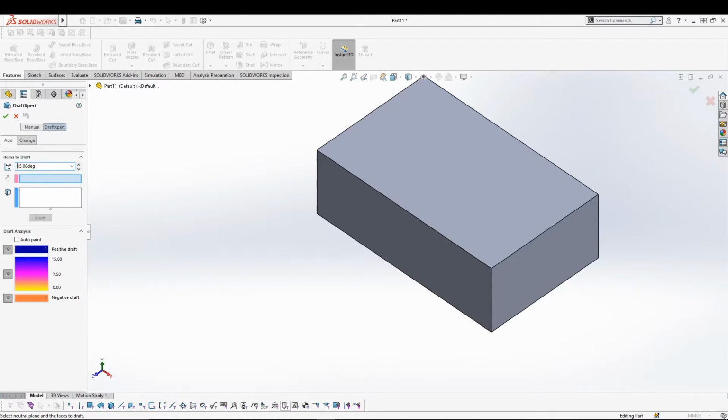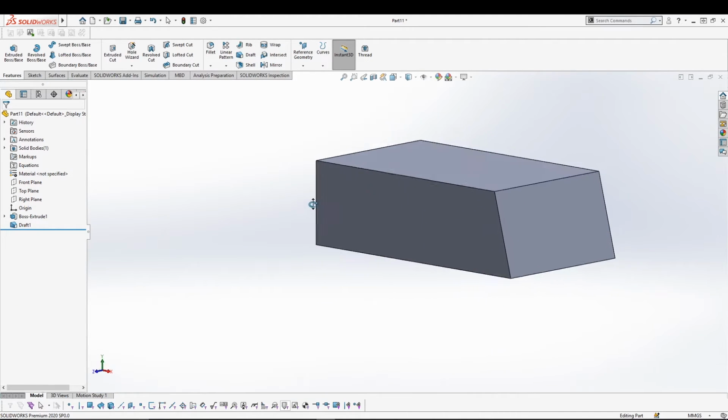So let's say 15 degrees, and below that we can go for direction, and we can select the face. So let's say I select this one as my direction, and the face that I want to draft is this one. And if I go for